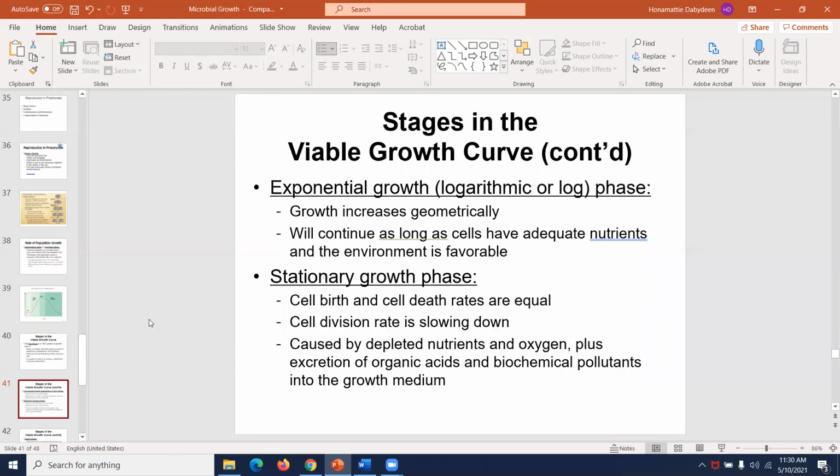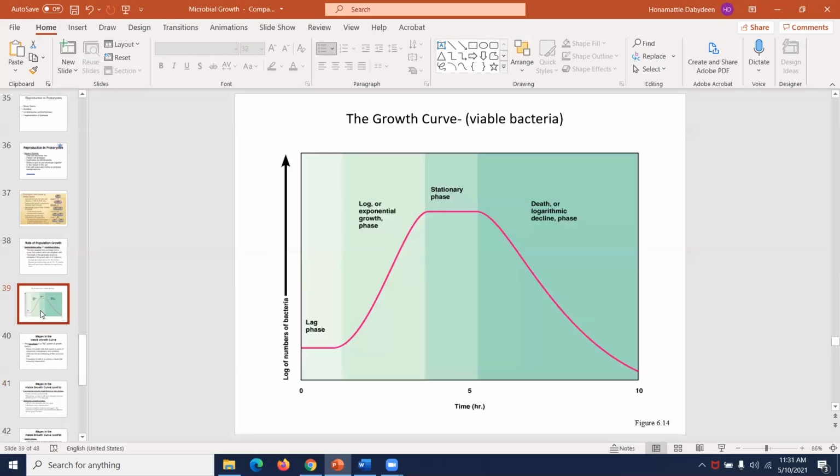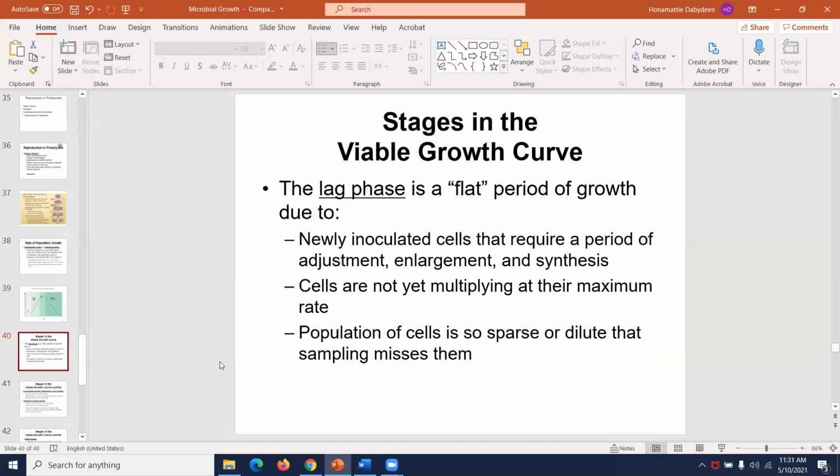And then you have the logarithmic or exponential growth phase. They're increasing geometrically. And then all of a sudden you hit that stationary phase, which is the flat stage again. They call it the stationary phase because the number of viable organisms remain the same. Why? Well, it seems like,